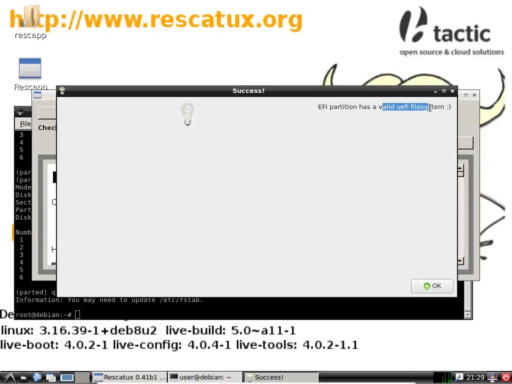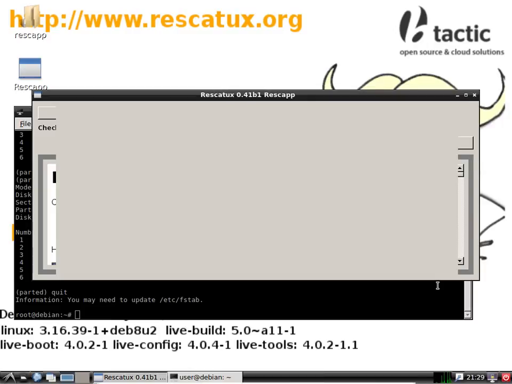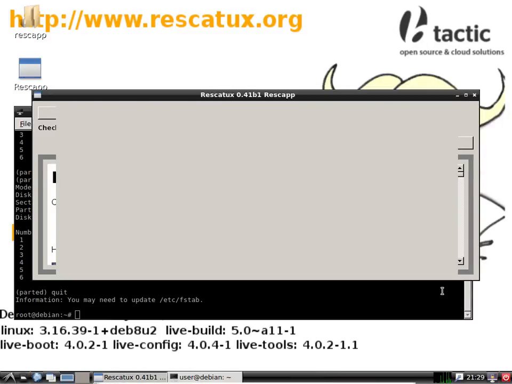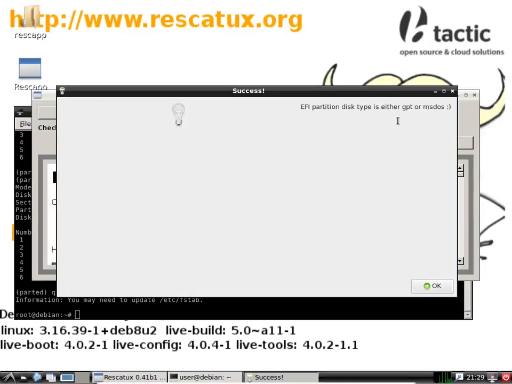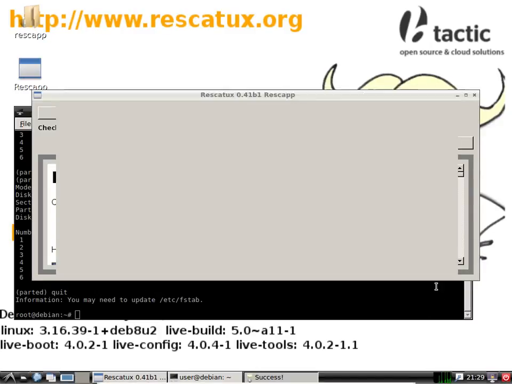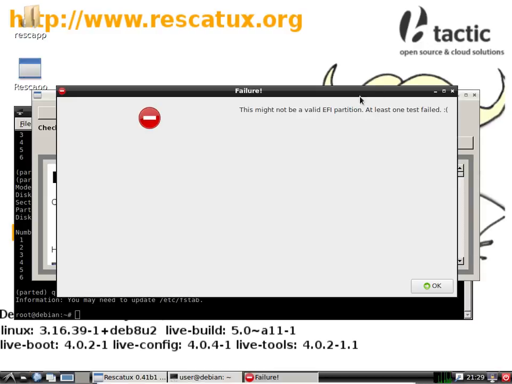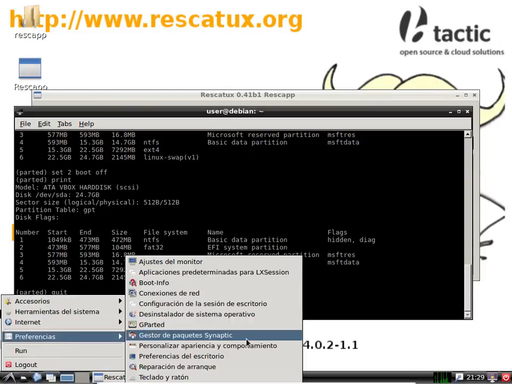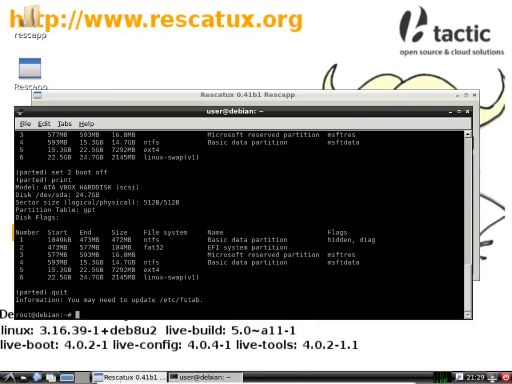And so it has a valid UEFI file system, so I have managed to do it right. It can be mounted. And finally it's either GPT or MS-DOS. Okay, so it shows that you can either fix it with Parted, or you can use gparted in order to do this. So Rescatux,